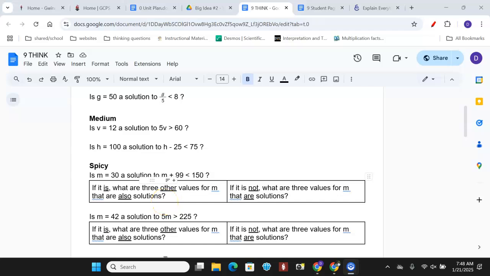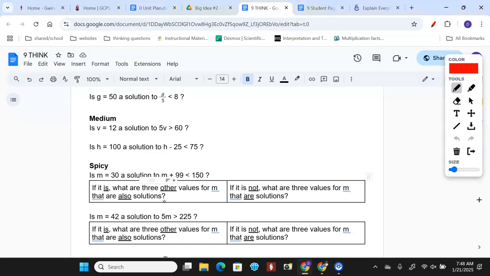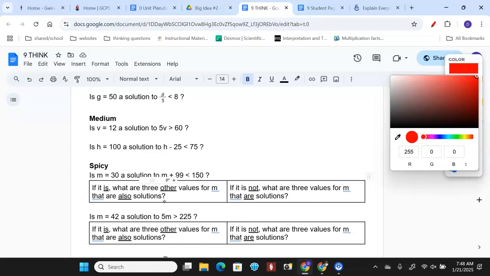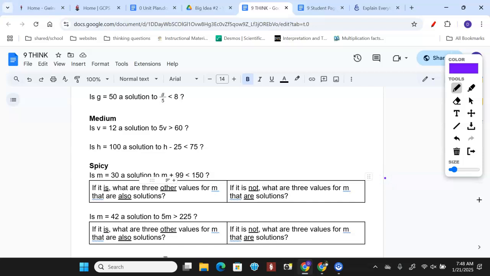Okay, so now that we reviewed that a little bit and hopefully got our thinking task from Friday back on your mind, I want to remind you that on Friday, I stopped you before you went to the back of the thinking task, even if your group was ready to. We just stopped on the front. So I need to show you and teach you a bit of what is on the back